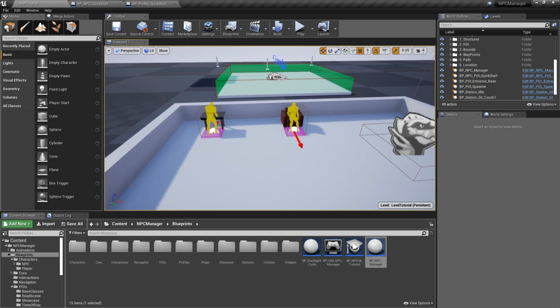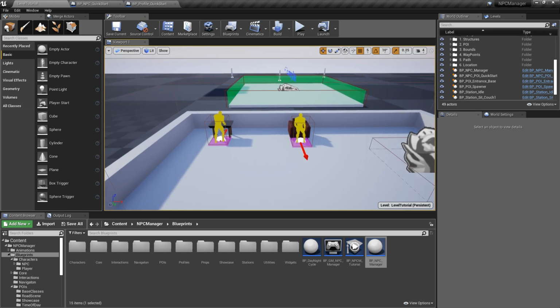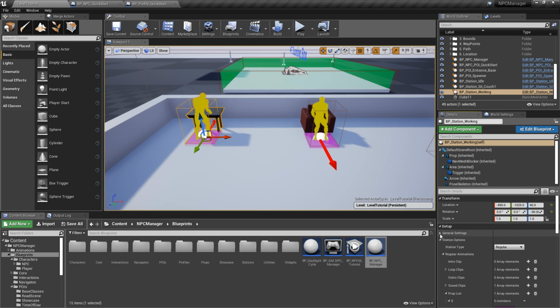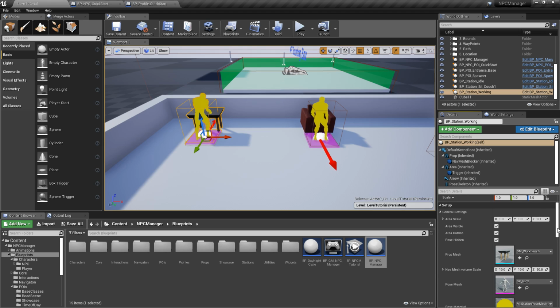How are these stations spawning the props, and how do these stations work? So let's take a quick look at the stations. If I click on this station right here, let's take a look at some of the settings. You have a few things here. One is general settings, and this is basically